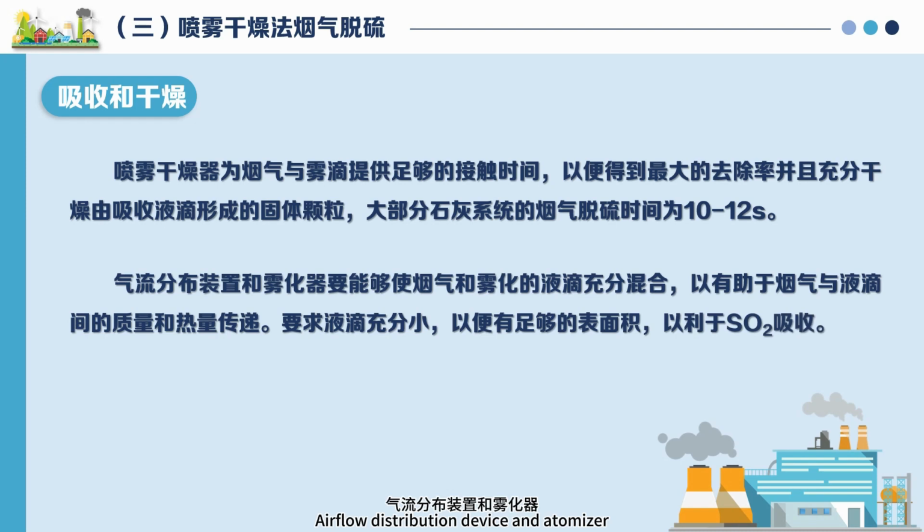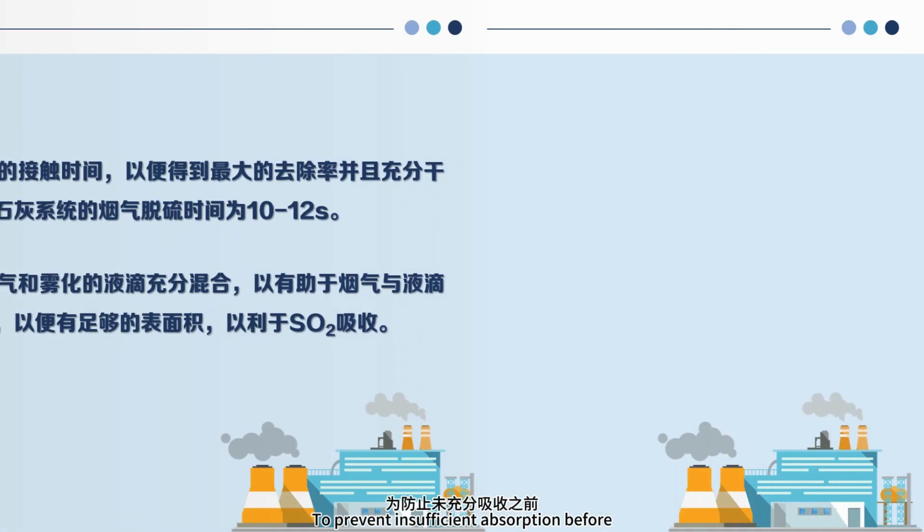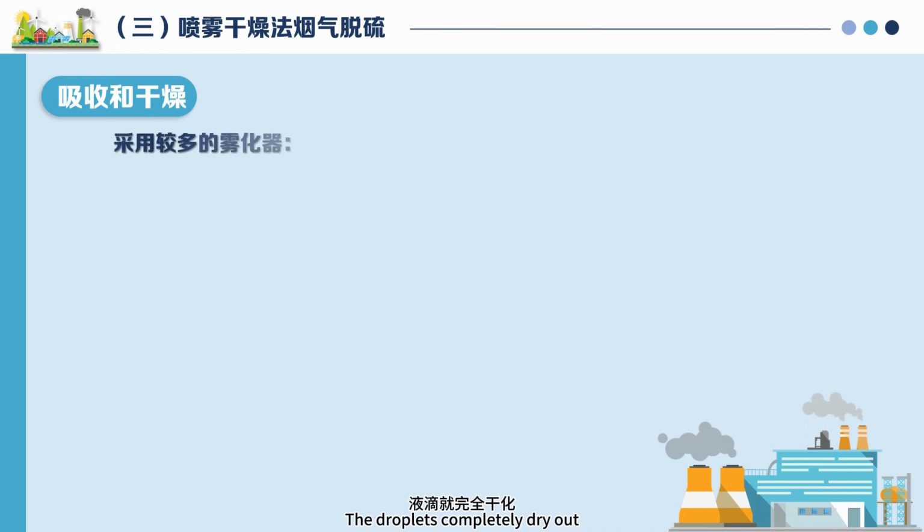The airflow distribution device and atomizer must be able to fully mix the smoke and atomized droplets, to facilitate the quality between smoke and droplets, and heat transfer. This requires droplets to be sufficiently small, in order to have sufficient surface area, beneficial for the absorption of sulfur dioxide. At the same time, they should not be too small, to prevent insufficient absorption before the droplets completely dry out,